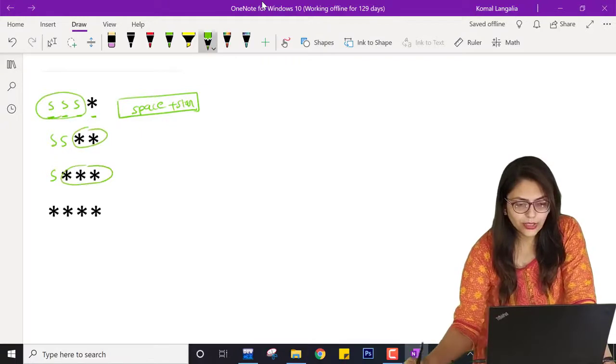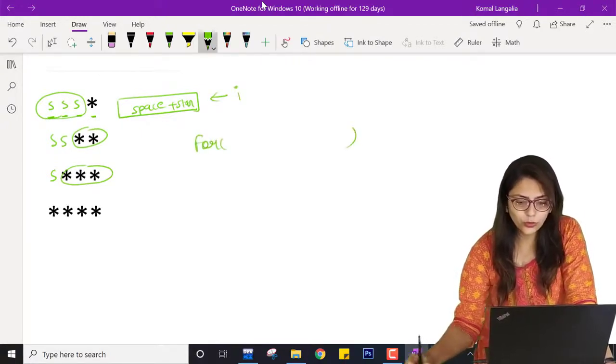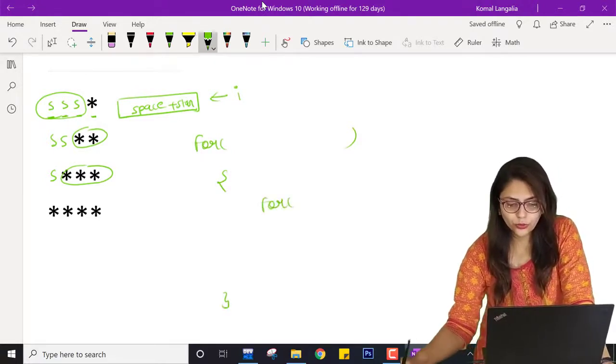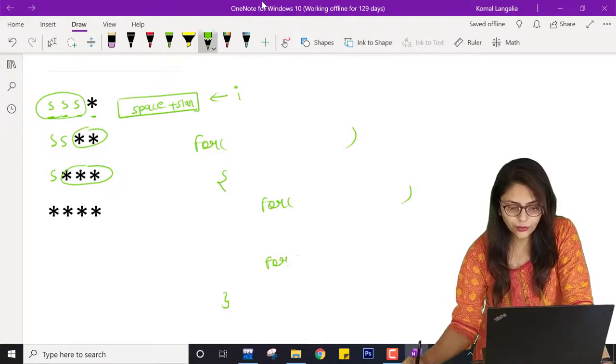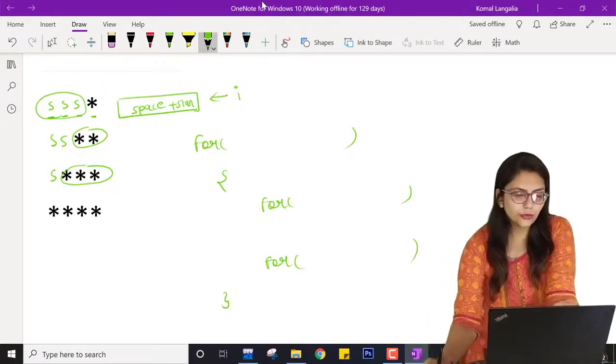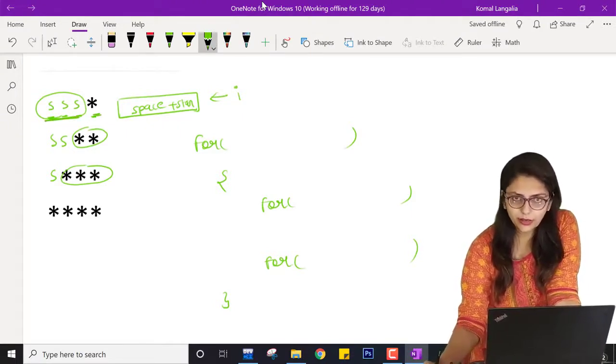So you know that this is I, right? So you know that for a for loop of I, inside this loop you are going to use two other loops, one for space and one for star, right? Because you can see this is repeatedly printing space, this is repeatedly printing star.